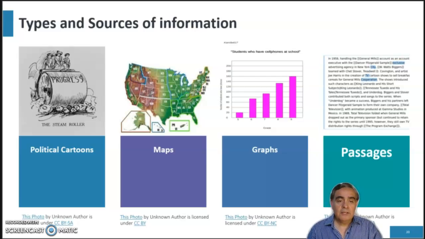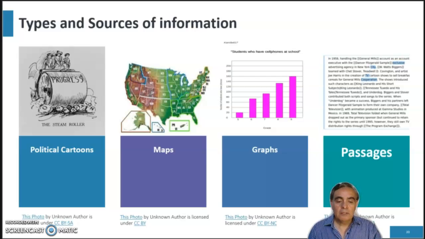Lastly, we have passages, and these are simply texts that could be from different sources like political speeches, news articles, editorials, historical accounts, etc. Again, you don't need to memorize too much information to answer the test questions, but rather you need good reading comprehension skills to understand the information, summarize it, draw conclusions and make inferences, understand the author's reasoning, understand the new words, sources of information, etc. In the rest of this module, we will review these reading comprehension skills. However, we will continue to apply them throughout all modules of the class: history, civics, government, economics, and geography.